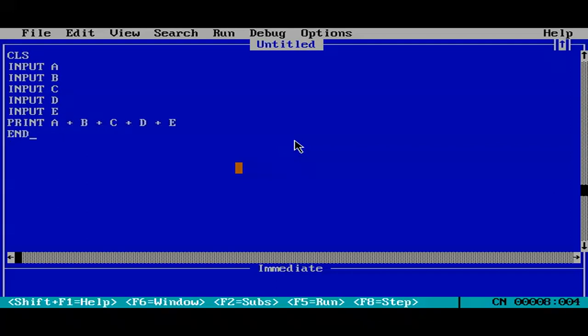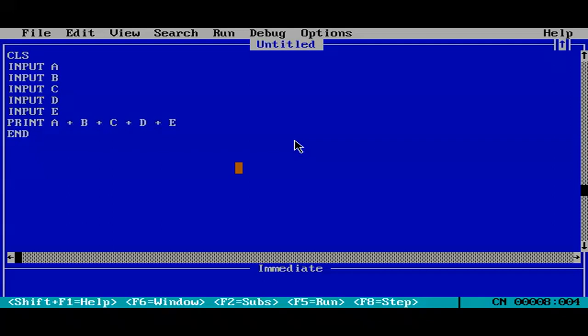Now if I press F5, it'll show a prompt question mark. This question mark indicates that you have to assign a value for A, B, C, D, to E. So I'll assign 245, 246, 247, 248, 249, and the sum would be 1235.